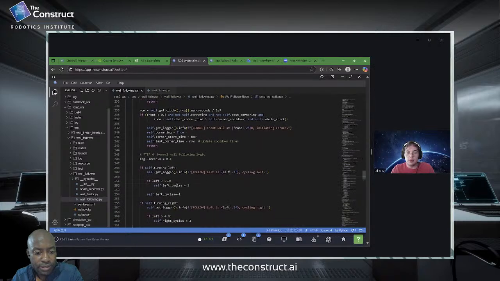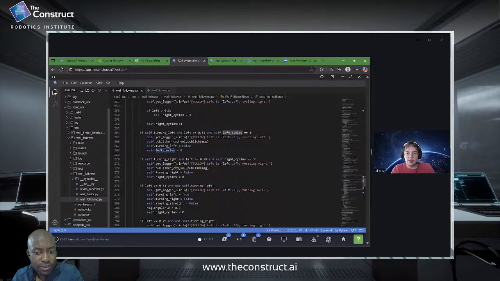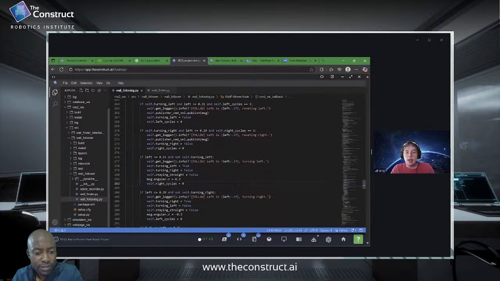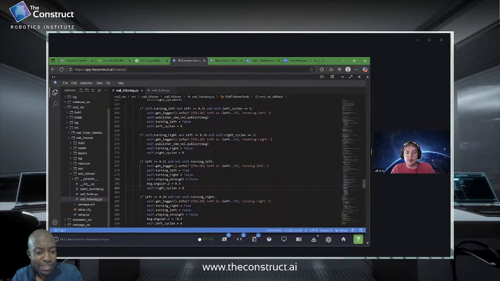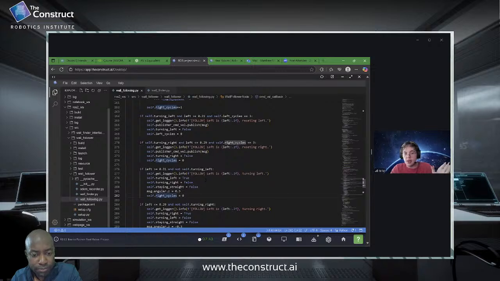The number of cycles is represented by left cycles and right cycles. I'll start down here because this is probably the easiest place to explain. If left is greater than 0.31 and I'm not turning left, I print a console command. I set turning left to be true, turning right to be false, staying straight to be false. I publish an angular velocity so that I turn left, and I set right cycles to be 0. And then the next time through,